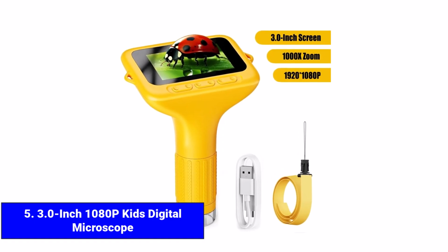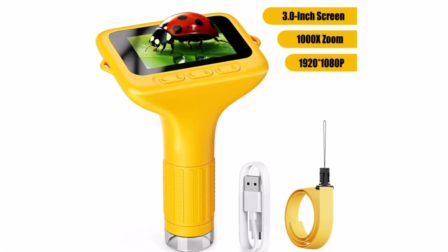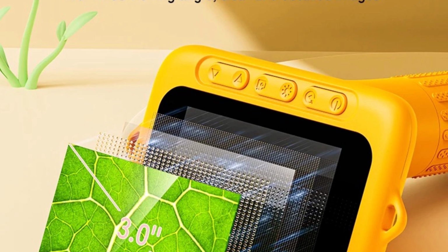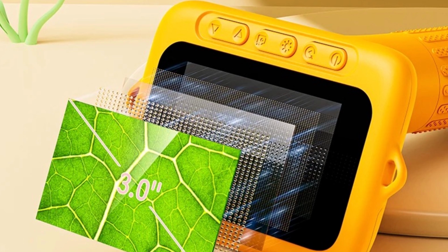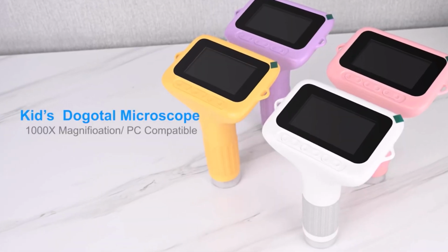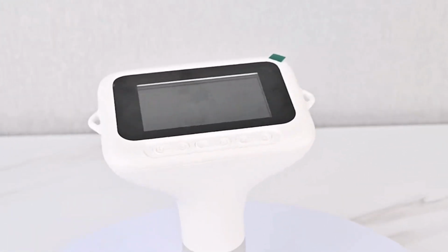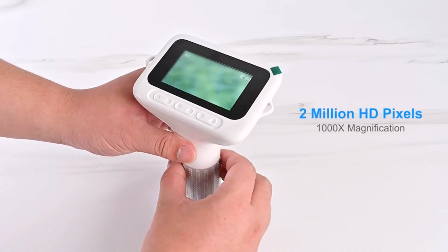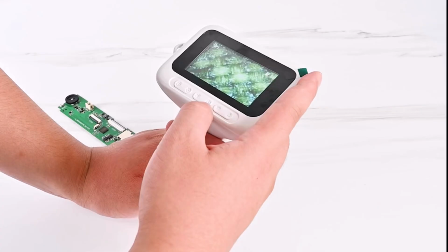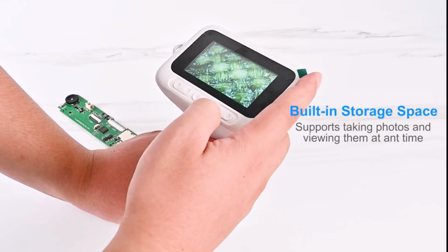Number 5. 3.0-inch 1080p Kids Digital Microscope. The 3.0-inch 1080p Kids Digital Microscope is a high-quality device designed to deliver a superior viewing experience for young learners. With 1080p resolution and up to 1000x magnification, it provides clear and detailed images, making it ideal for educational and recreational use. The large 3.0-inch screen offers a comfortable viewing experience, allowing users to observe details more easily compared to smaller displays. It also features a 2MP camera, enabling users to capture photos and videos of their observations for later